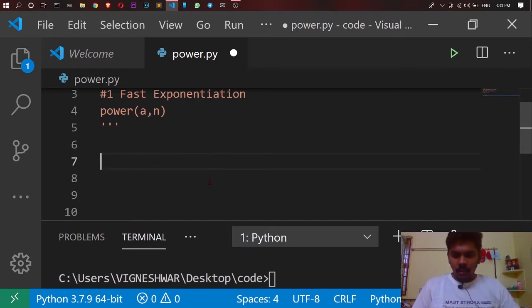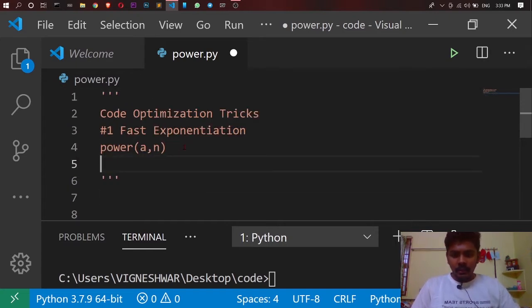The normal trick most people will use, without using the power function, is to do it in order of n time. Let us say you are given 2 and 5. You need to find 2 power 5. So the answer is actually 32.